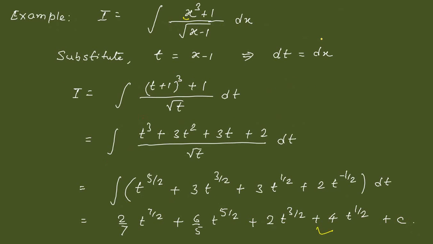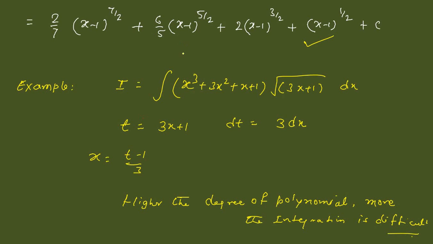So you can see when the power was 3, the expansion is more complicated, and when we increase the power or the number of terms in the polynomial, the complexity increases. So suppose this is the example x cube plus 3x square plus x plus 1. We will substitute t equal to 3x plus 1 and dt is 3 dx. So of course x is equal to t minus 1 by 3, and we have